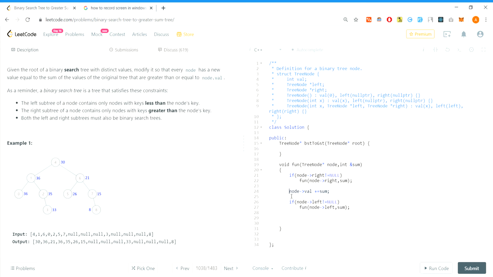Now one thing is remaining, that we also have to update the sum value, which will be equal to the node value. For example here, because we updated 8 and this is our sum, and we will go here 15 is our sum, 21 is our sum, we go here 26 is our sum. Now since we came on the left side, and from here, note that we came from this left call.